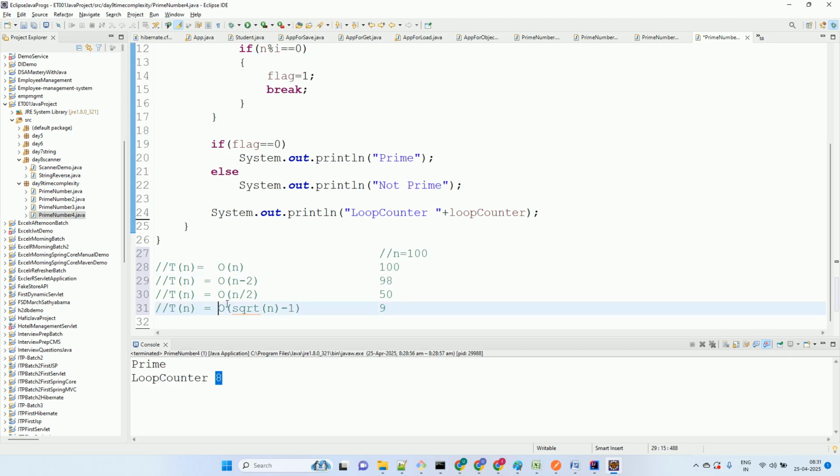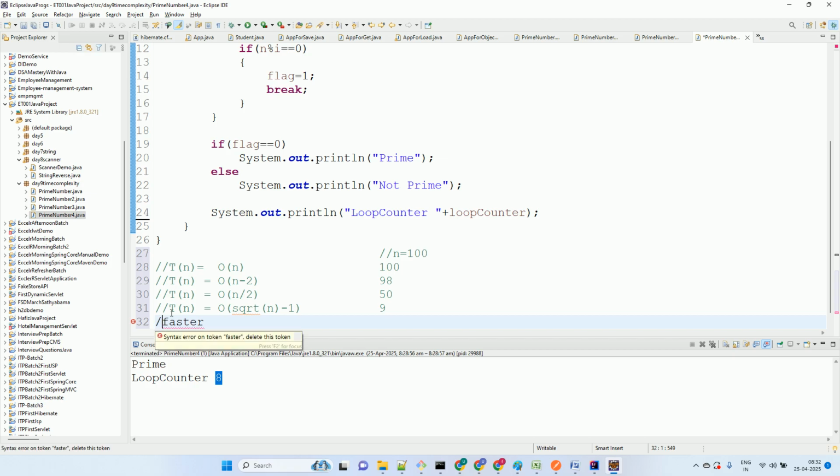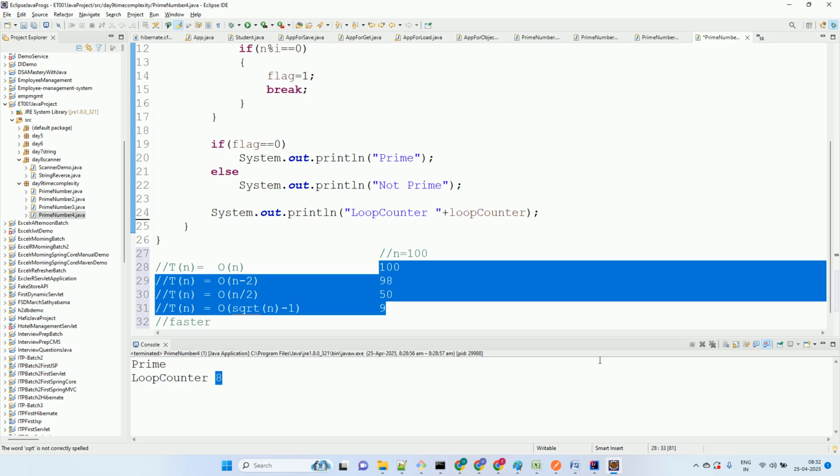So those who are tenured, experienced candidates have to keep in mind in the interview that you bring this topic up of time complexity. That my code which I write, I make sure that my code is faster. Faster doesn't mean you tell the company, please give me good hardware so that my code runs faster, give me 64 GB RAM. That is not the meaning of the code running faster. You have to optimize your code. Make sense? So I'll publish this code, and